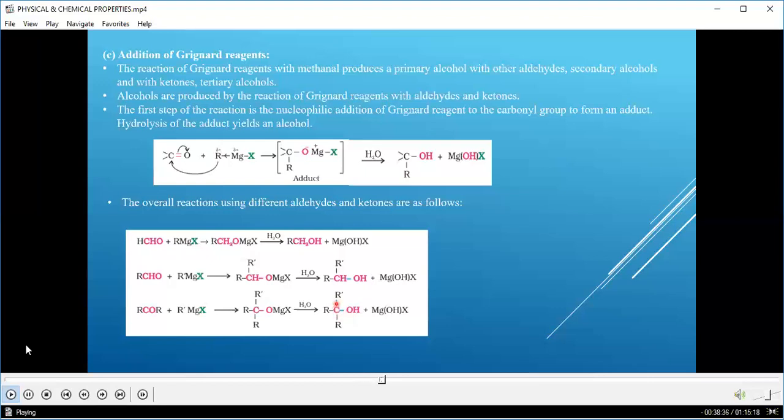So we are going to use the longest chain. Now here, which is the longest chain? Now again, if you select this chain, then it will be wrong, because we need to give the main functional group the lower number. So what will be the name of this compound? 2,2-dimethyl ethanol. Okay. So from Grignard reagent you can obtain primary alcohol, secondary alcohol and tertiary alcohol.